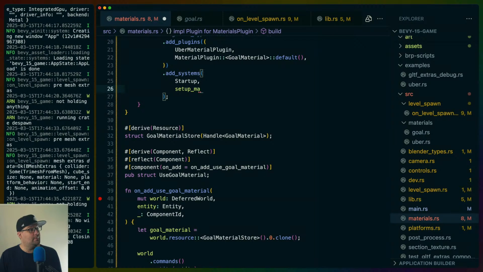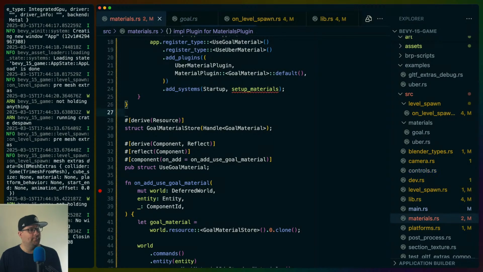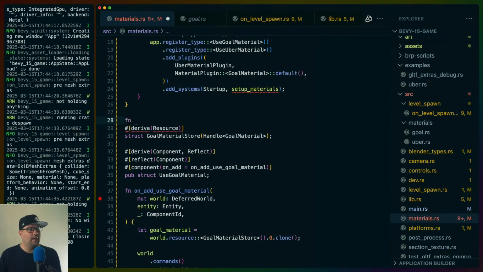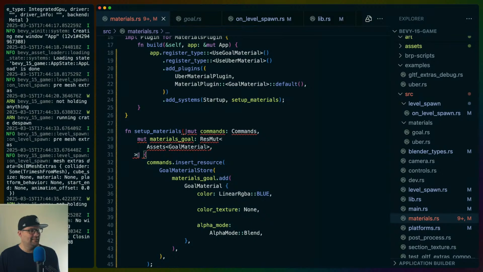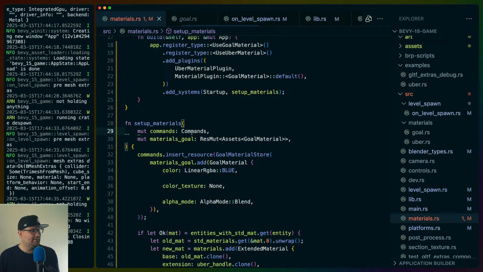Set up materials on startup. And let's just put this function up top. So fn setup materials, paste, syntax,